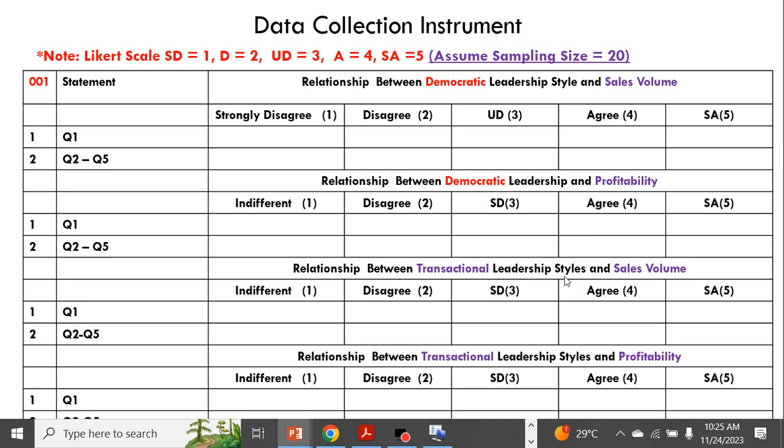Also, transactional leadership style is being examined against sales volume and profitability as well. So practically, by the time we have generated these questions for our respondents to respond to, this information will now be what will be transformed into SPSS for appropriate analysis.